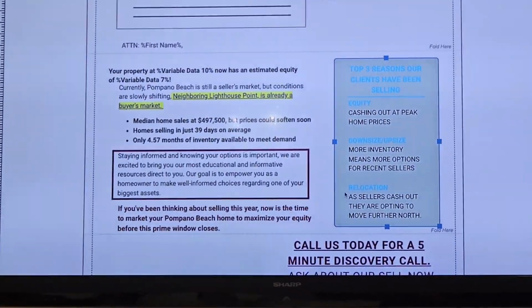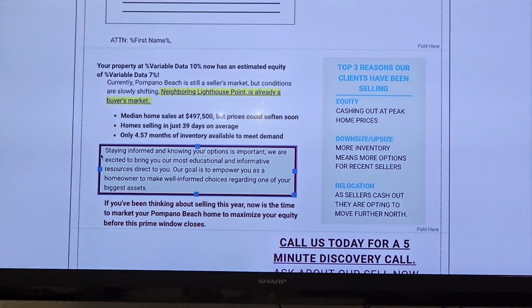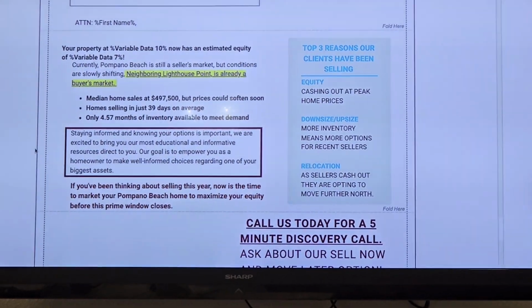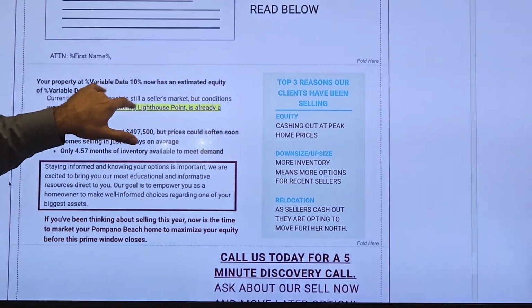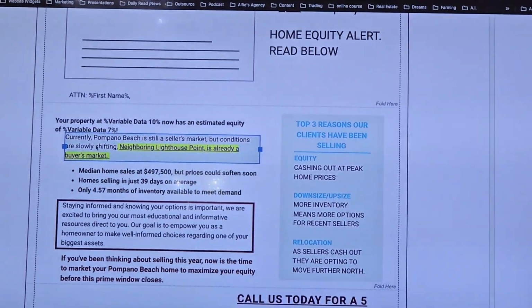Again, all the colors, if you have your own branding, that can all be changed. And then the messaging, very simple and concise and to the point. I want to point out where it says variable data. I'm going to show you here in a second. So we're going to put